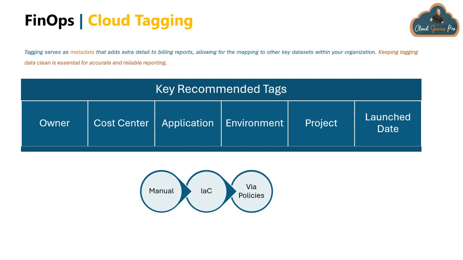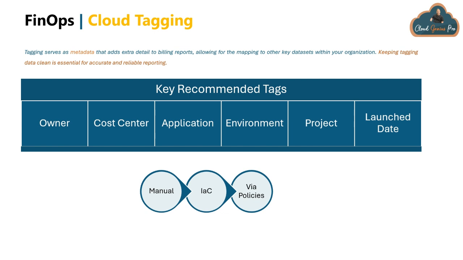Now, these tags are very common in nature. Owner is very self-explanatory: who is the owner of that resource. Which application that resource belongs to, and which environment, whether it is prod, dev, test, or pre-prod. Sometimes the project which owns the resource, or the cost center, or to be precise, the center that will pay the cost for that particular resource. And similarly, launch date is self-explanatory. The new term added here is the cost center.